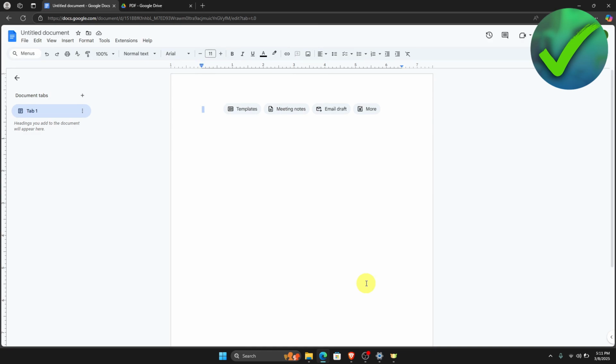How to add PDF file in Google Docs. So that is what I'm going to show you guys in this super quick and easy tutorial. So let's get started. On the Google Docs, the first thing that we need to do is to upload